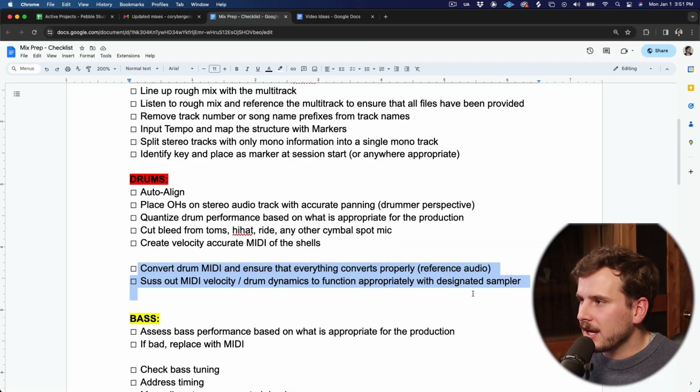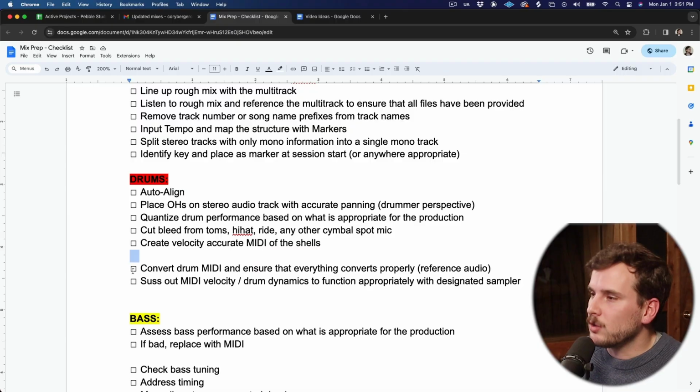Let's say we're hired to mix a track, but they just programmed the drums. Every single drum sampler has a different MIDI map, so it's important to convert the drum MIDI performance to the MIDI map of the drum sampler that we're going to be using. The other thing is every single drum sampler, velocities react differently. So once you get the map lined up and you press play, you'll notice that the velocities aren't recreating this performance the exact same way. The ghost notes might be off, the intensities of things might be messed up. So you have to go through and suss out the MIDI velocity drum dynamics to function appropriately